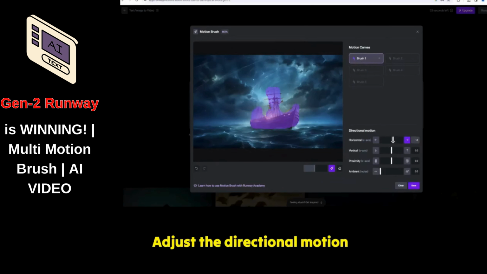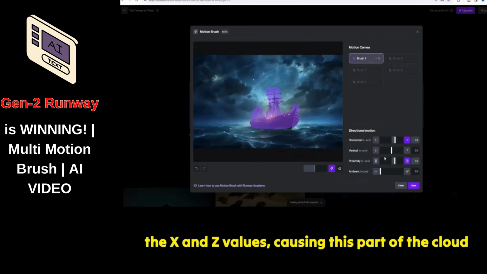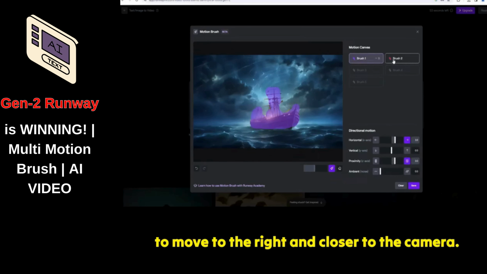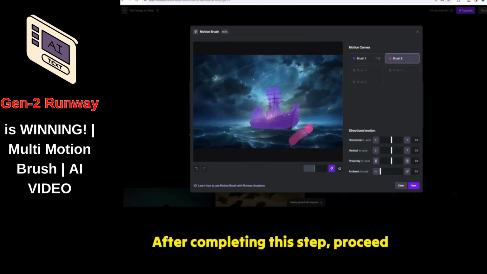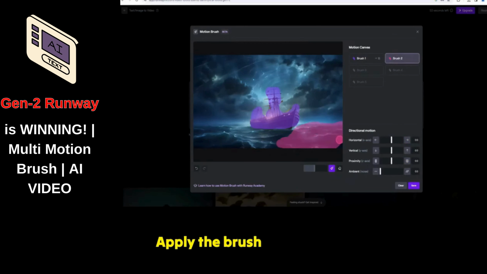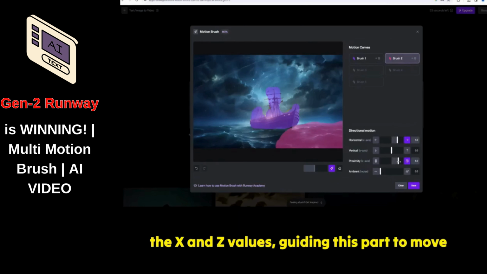Adjust the directional motion by manipulating the X and Z values, causing this part of the cloud to move to the right and closer to the camera. After completing this step, proceed to brush 2. Apply the brush to the right side of the ocean wave. Adjust the directional motion by manipulating the X and Z values, guiding this part to move to the right and